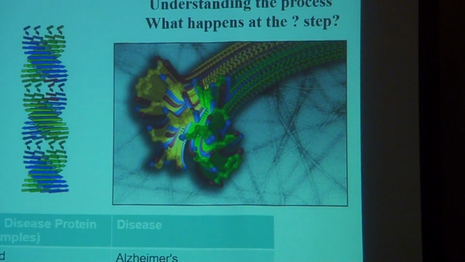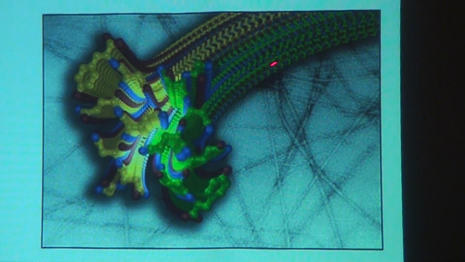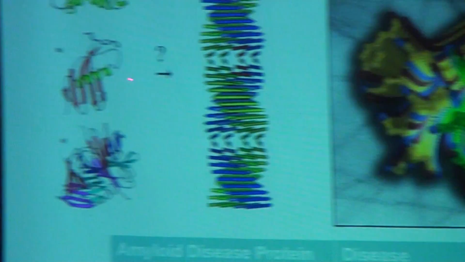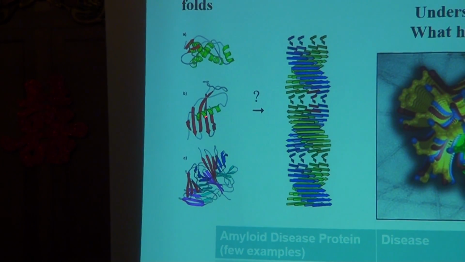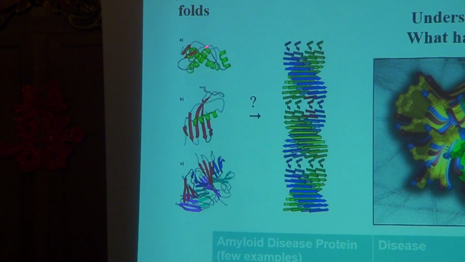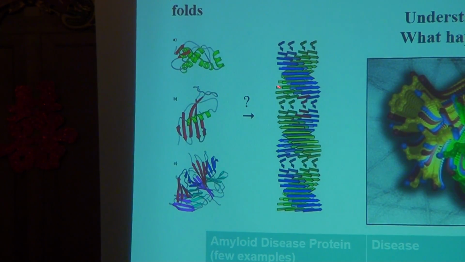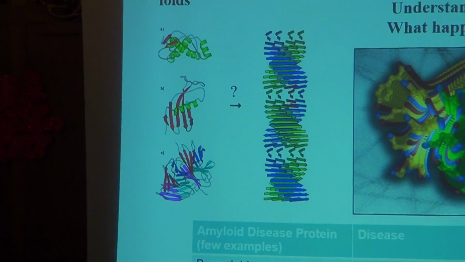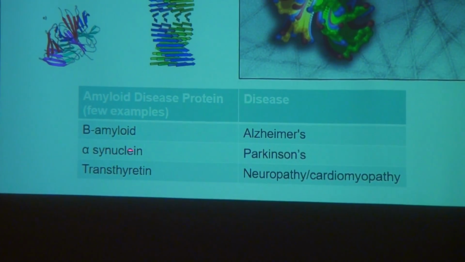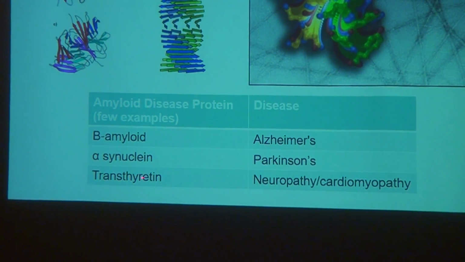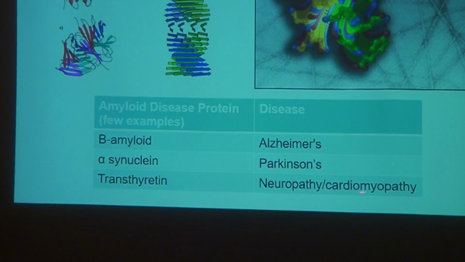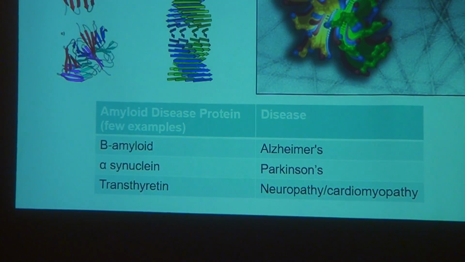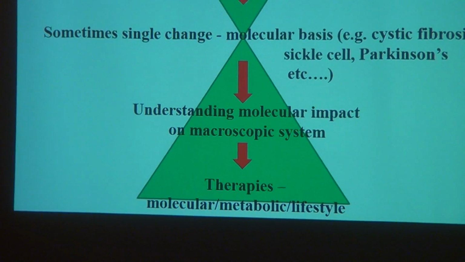Actually, they're not nice, but they form ribbons and regular structure and so forth. And it turns out what's really kind of annoying and actually problematic is that you can turn a lot of different folds into these aggregates, into these very specific amyloids. And that's what happens with beta amyloid, Alzheimer's, alpha-synuclein, Parkinson's, transthyretin, that's a neuropathy, cardiomyopathy, also prion protein, that fatal familial insomnia. So when we